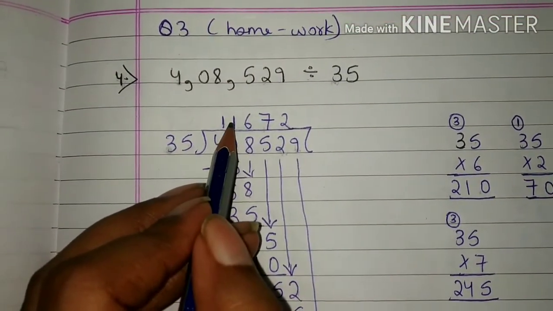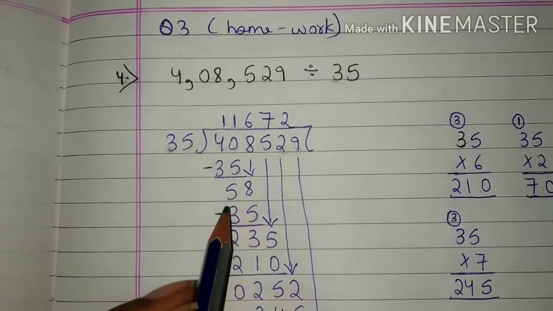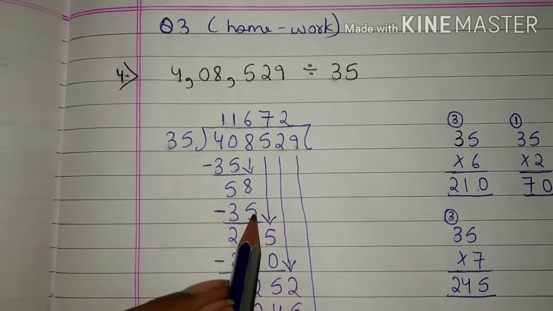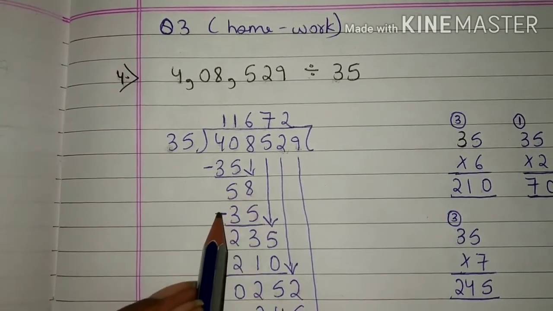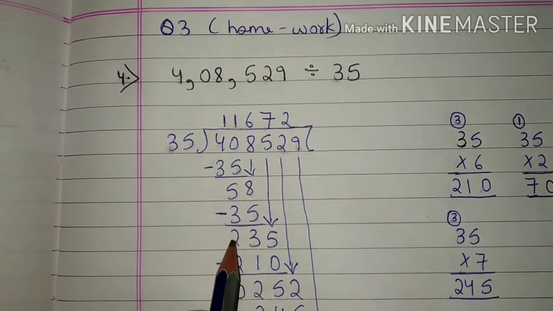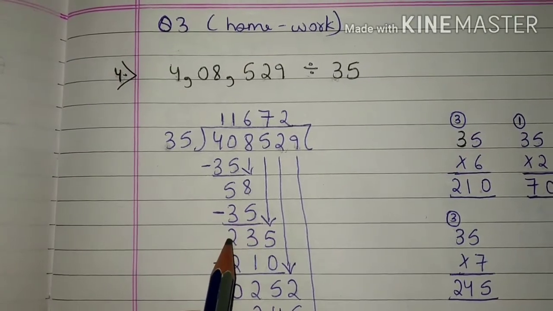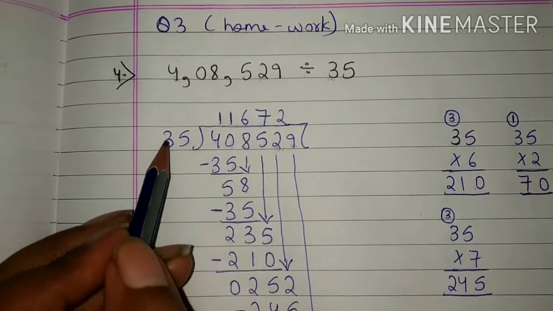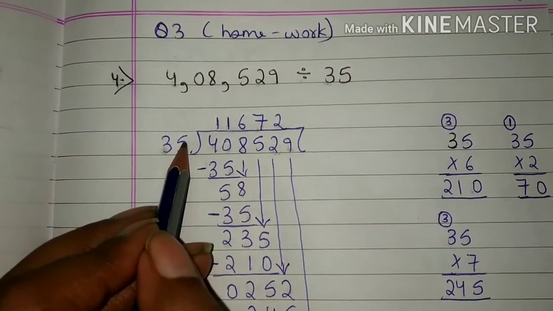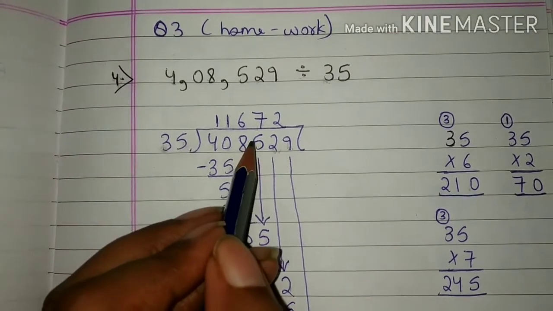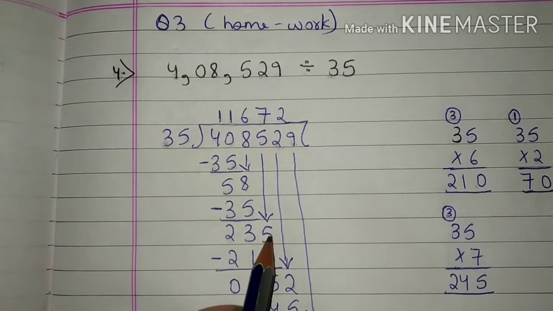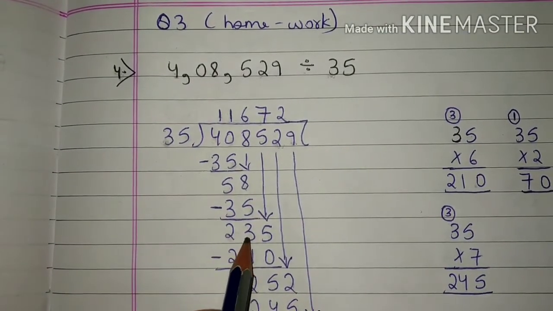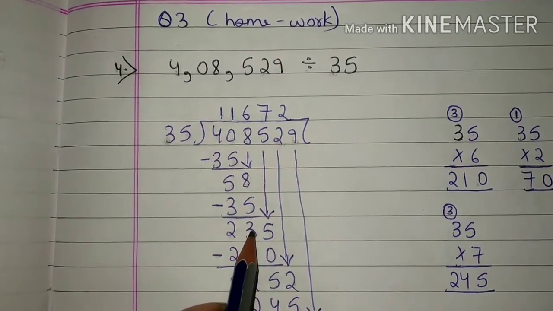Students, we will write 1 here and we will write 35 here. Now we will subtract the number. 58 minus 35 will give 23. Students, 23 is smaller than 35. So we will carry down next digit, that is 5 here. Now number becomes 235. Students,